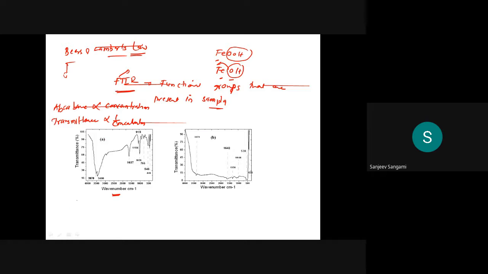For example, FeOOH is there, FeOH is there. Infrared works on the principle of